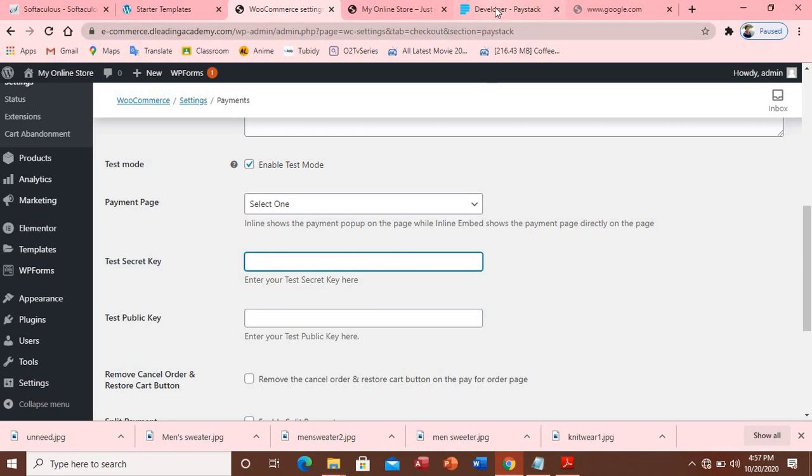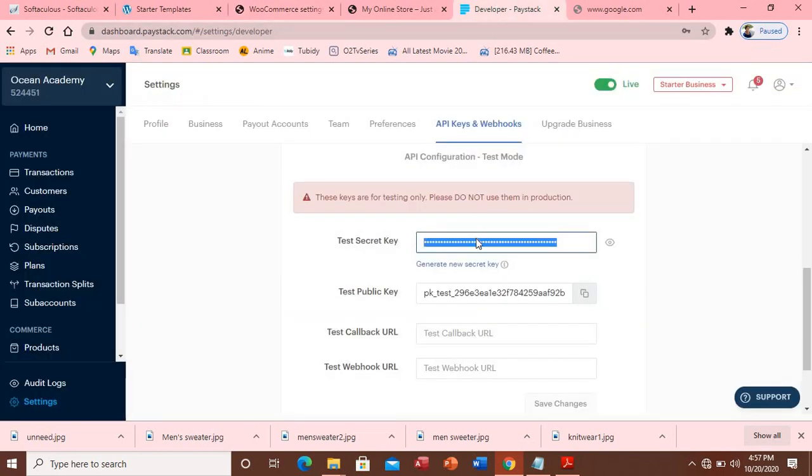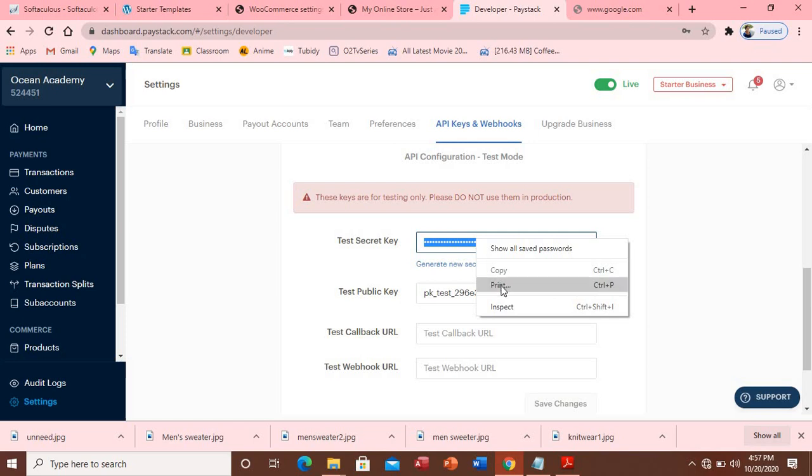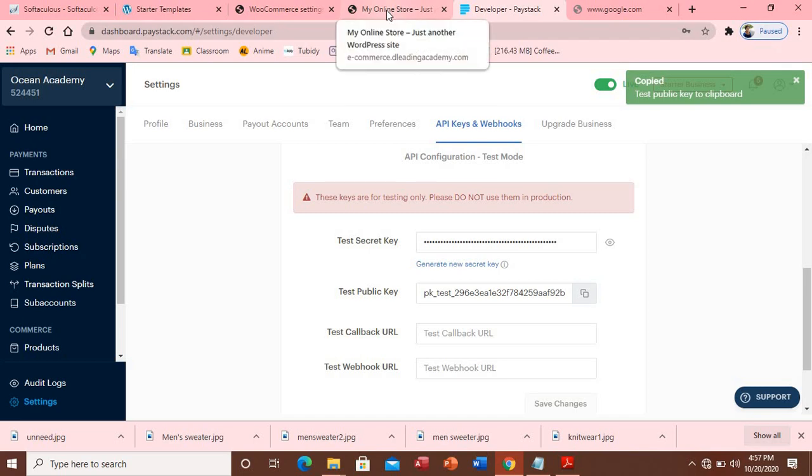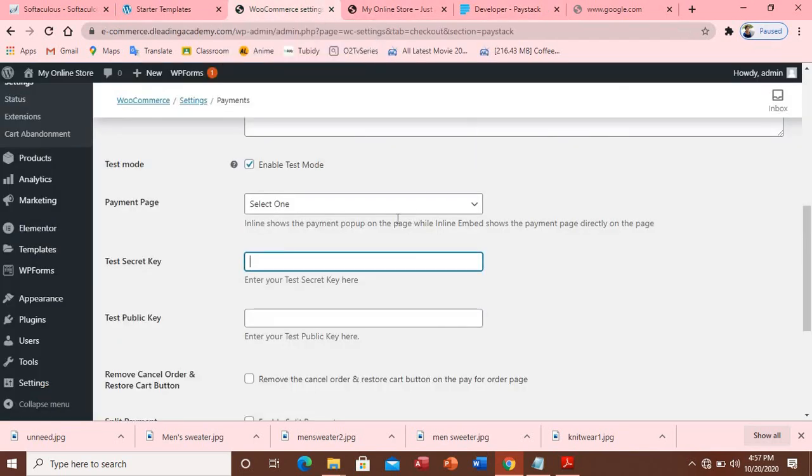Let me go and copy it again. Okay, you copy this, your test public key. Copy, and you come here, your online WooCommerce setting, test public key. You paste it,